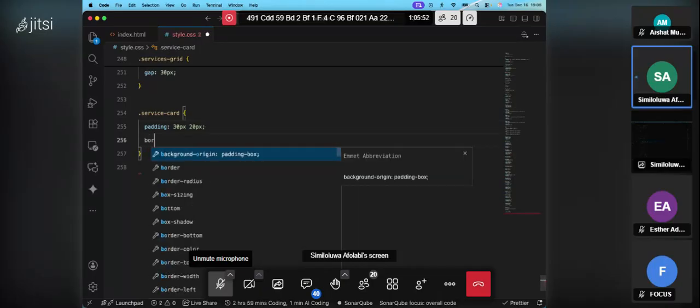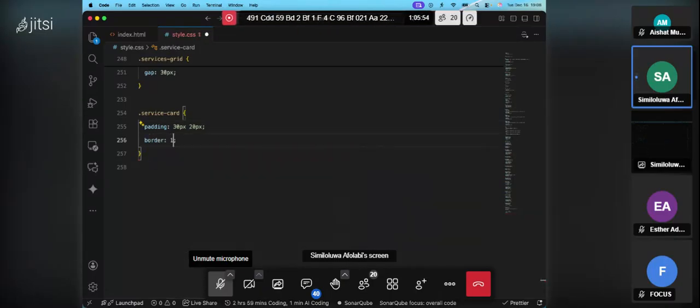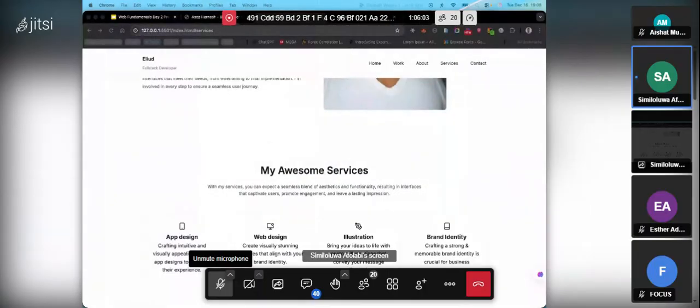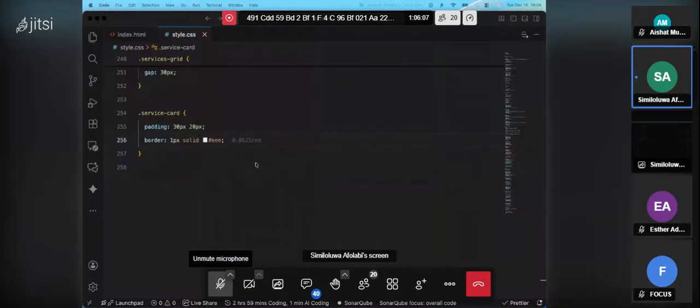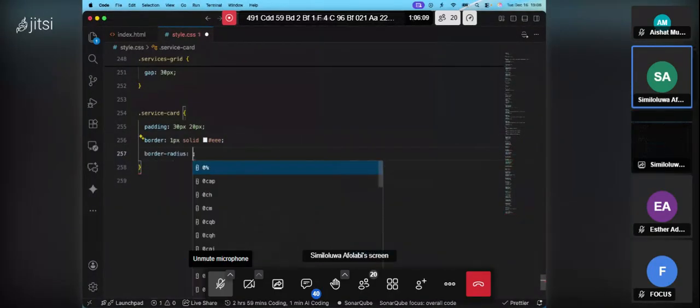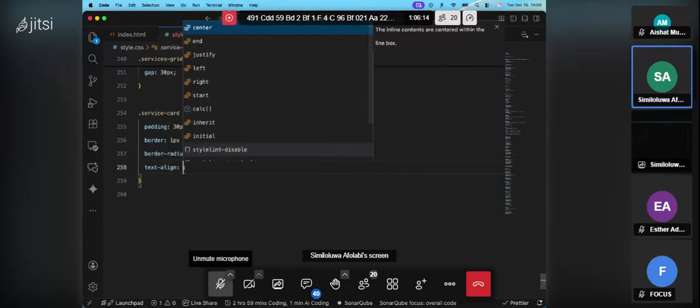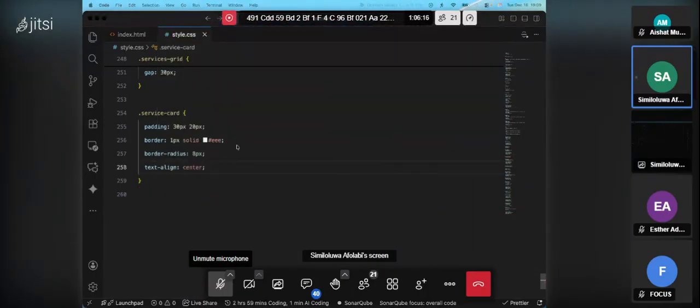So we are going to be adding a border, border of 1 pixel, solid, and a gray color, just a very faded gray. So if you check over here, you'd see that grayish color there. Then we are going to have a border radius of 8 pixels. That's to give it a rounded corner. We're going to be aligning the text to center,